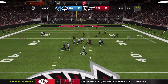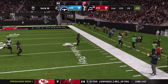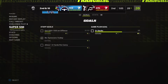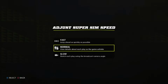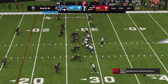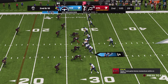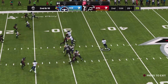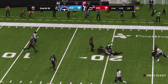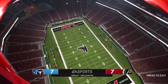Again, it's Mills. And this is incomplete. To this point. To throw again on second down. Mills. Open man, Westbrook-Ikhine. The Titans going to use the first of their timeouts as they'll stop it with a